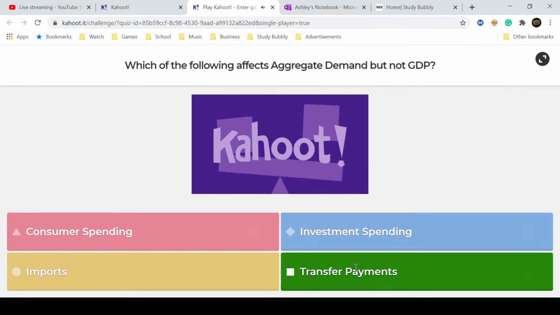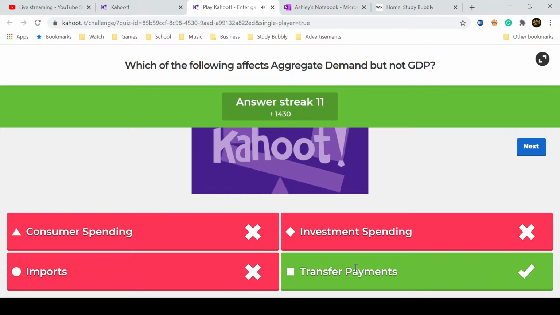So that would be transfer payments. That being because it affects aggregate demand because it's government spending. That's how the government kind of spends its money. Transfer payments are basically like government help that doesn't make any profit. So like Medicare, that's a transfer payment. Government uses their spending on that program, but it doesn't create them any profit. So if it's not making you profit, that's why it would be,